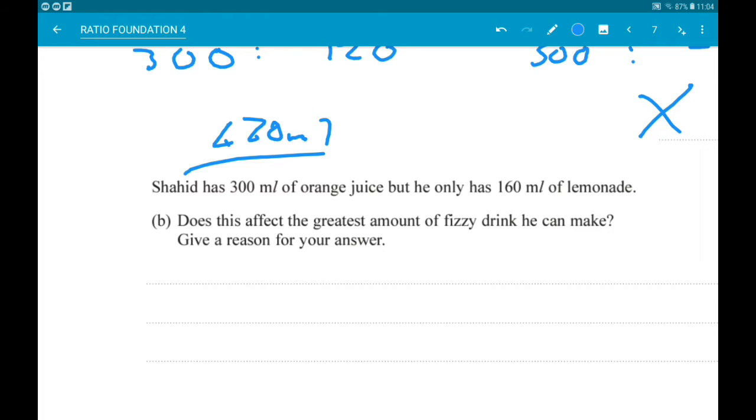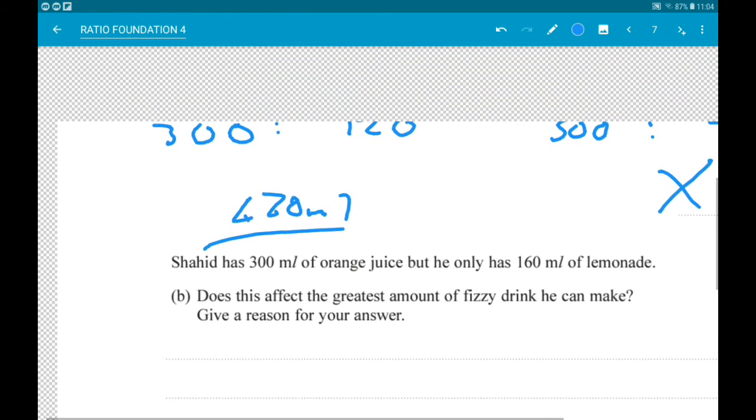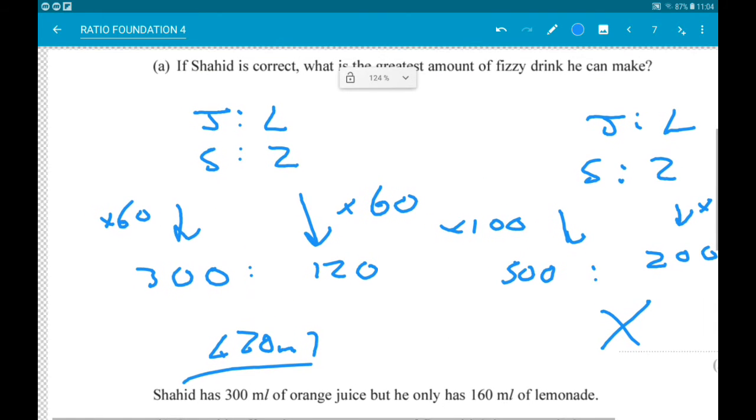So, no, it doesn't. We know when he used all of the orange juice, he only needed 120 ml of lemonade. So, given that he has 160 ml of lemonade, he can still make 420 ml of drink because he only needs 120 ml